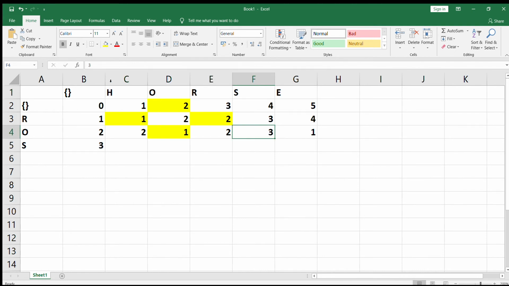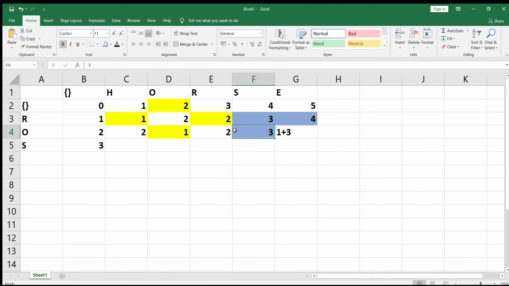So it means that I need to pick up the minimum of these three values, and I need to add 1 to it. So in this particular case the minimum of these three cells is 3, and I add 1 to it, so it is basically 1 plus 3. So this became 4.